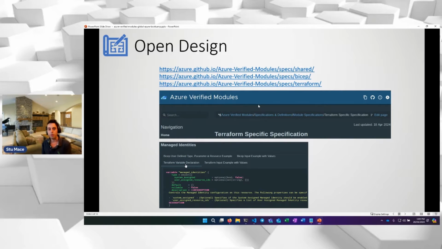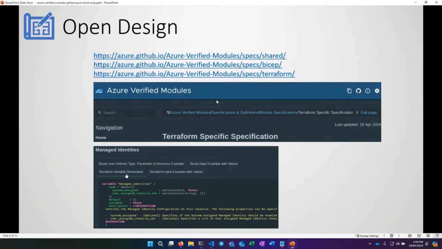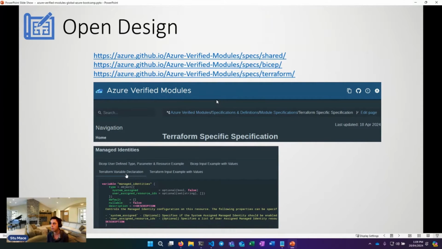And one of the interesting aspects of the module, so besides the code itself, is that the actual design of AVM is open. So the thought processes and the governance that go into AVM are available on the web page.